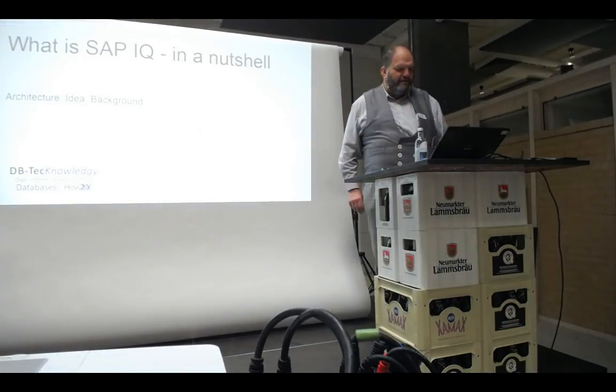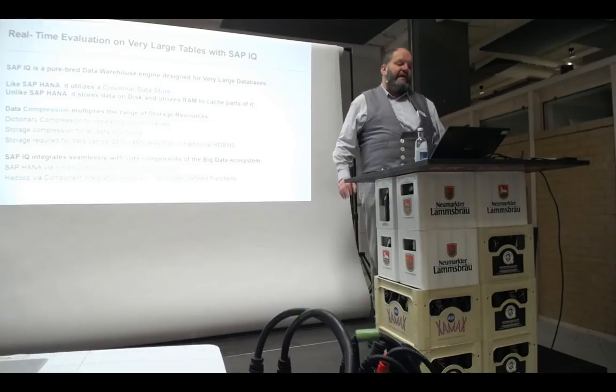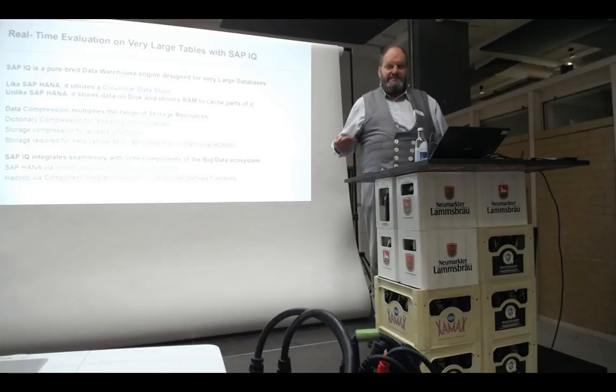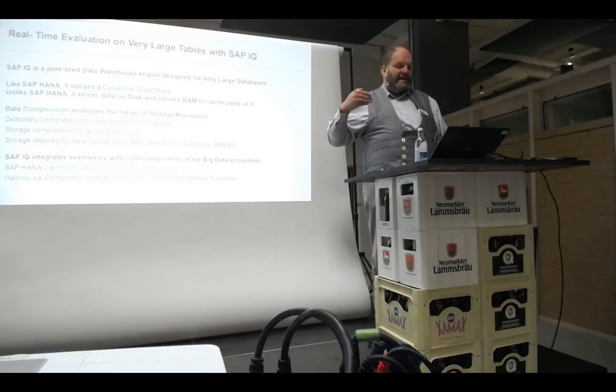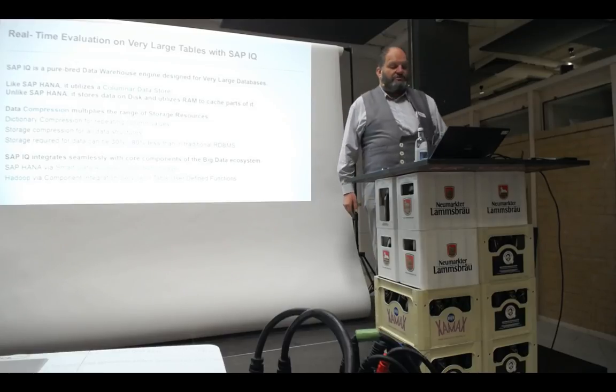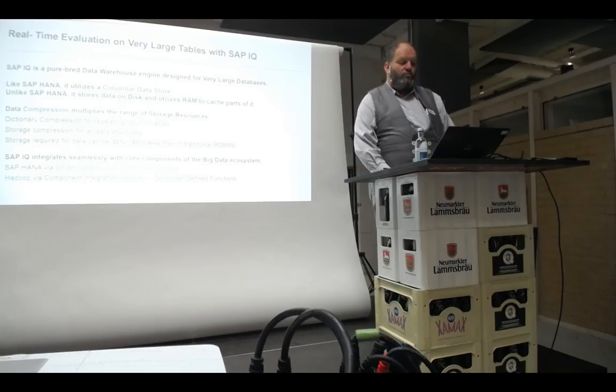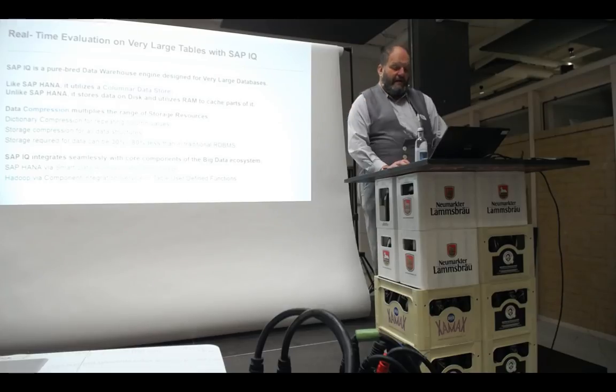So, getting back to theory, what is IQ all about? It's a purebred data warehouse engine designed for very large databases. It utilizes a columnar data store like HANA does, but unlike HANA, it is not a hybrid system. It's really only working with the vertical engine, and it stores data on disk and then, like most other RDBMSs, keeps the hottest part of the data inside RAM using a cache approach. We have very powerful data compression mechanisms built in. The figures are similar to HANA. Actually, I've seen one case where IQ is better than HANA in data compression,